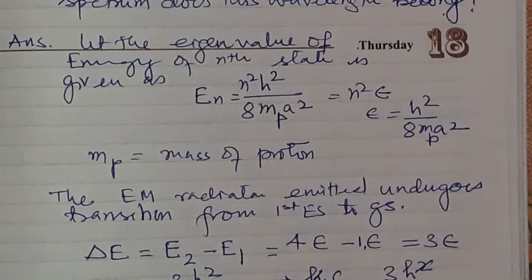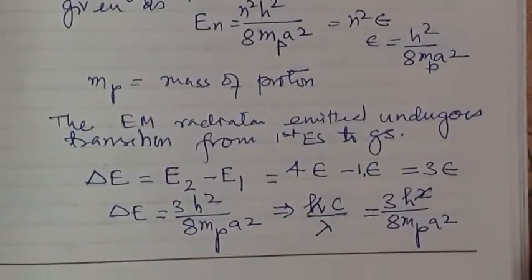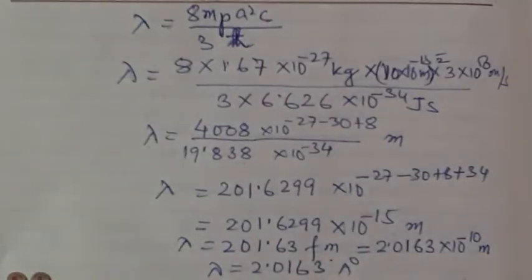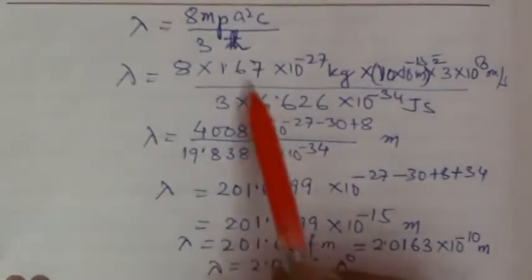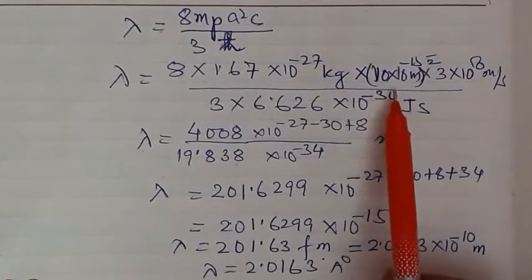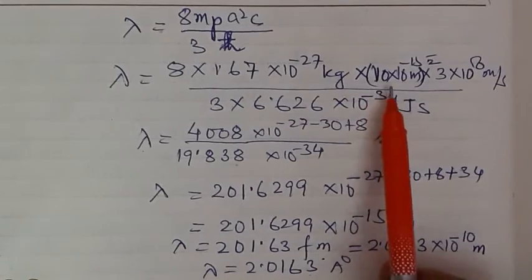Substituting the value of delta E, 3h square over 8 m a square, where delta E is also represented as hc upon lambda, the expression of lambda becomes 8 m a square c over 3h. And substituting the numerical values, mass of proton 1.67 into 10 to the power minus 27 kg, length of the box is given 10 Fermi,